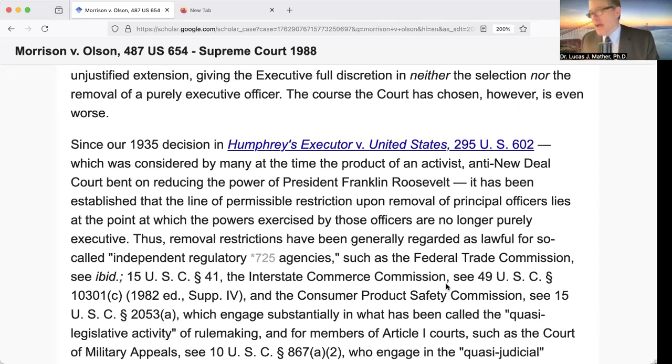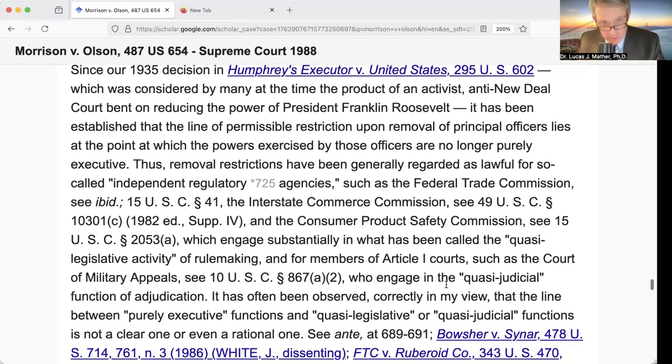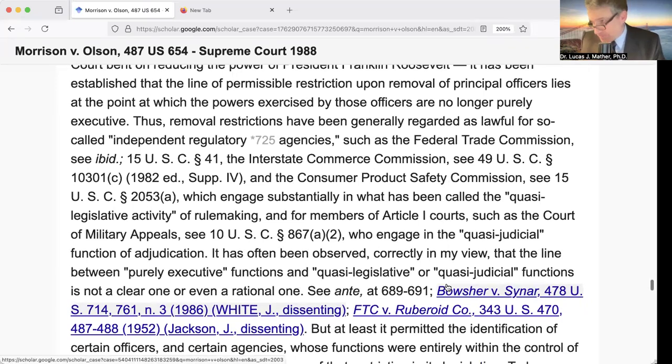Thus, removal restrictions have been generally regarded as lawful for so-called independent regulatory agencies. We're on page 725 now of the 487th volume of the U.S. Reports. Such as what? Such as the Federal Trade Commission,